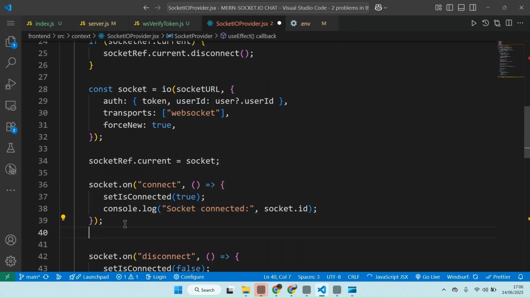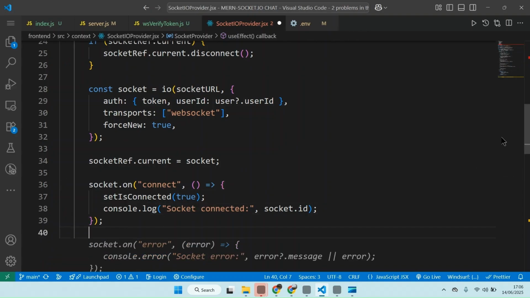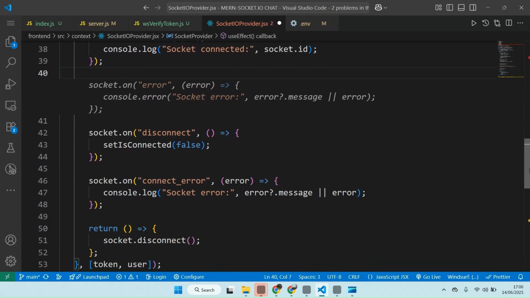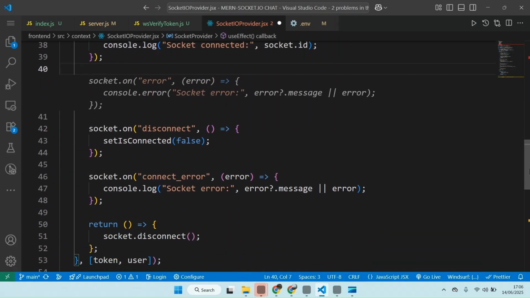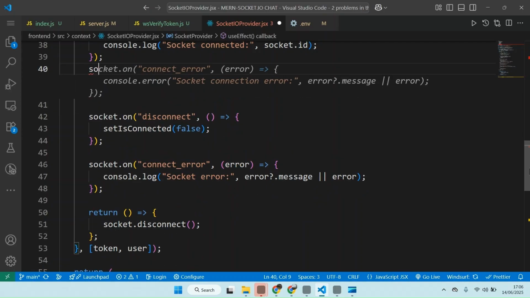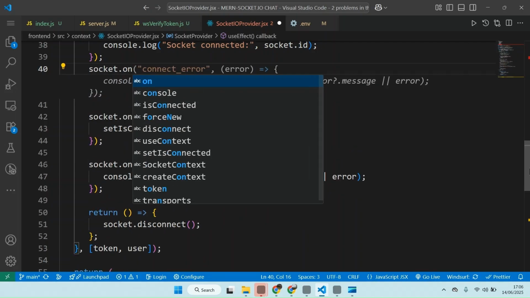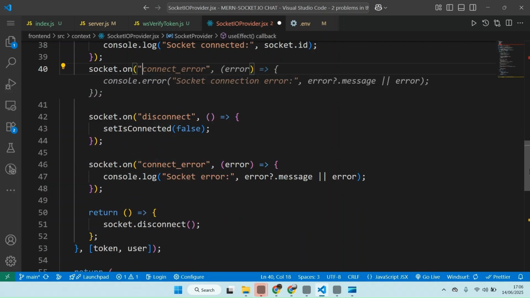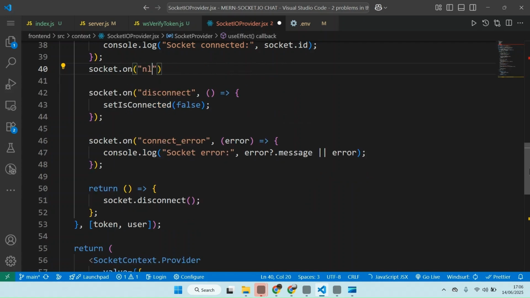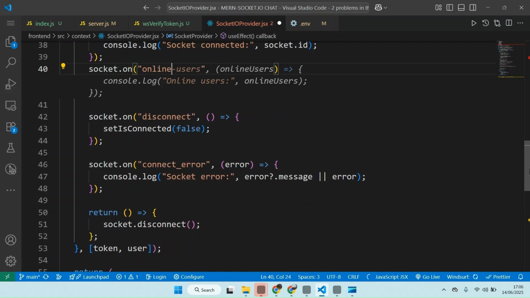We can maybe put, for example, socket.on online users. So we get users, online users. We can just console.log them. So if I save that,